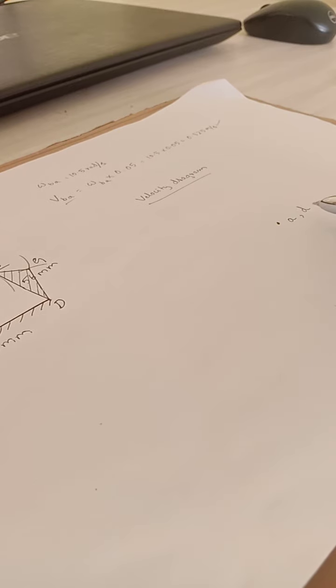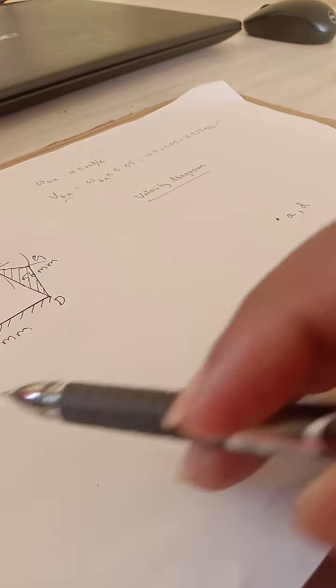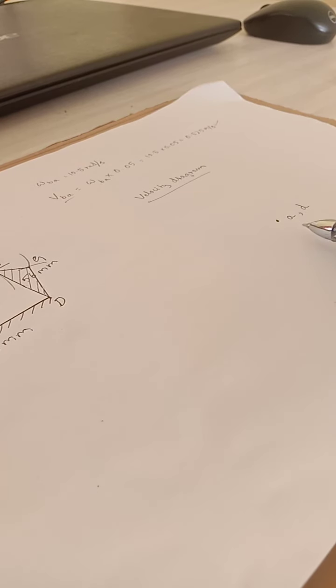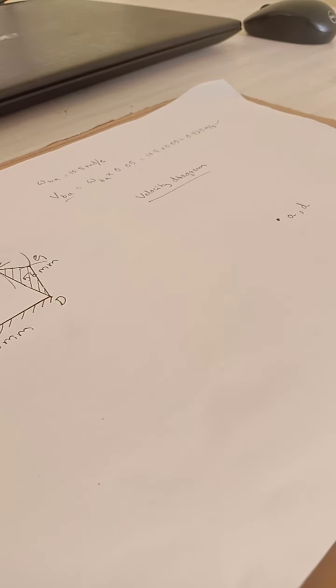The convention you have to follow is to take small letters only. For velocity it is small letters, that is the convention. For the configuration diagram I have taken capital AD, and for the velocity diagram it is small AD. Okay, so this is the thing. I have taken this point.